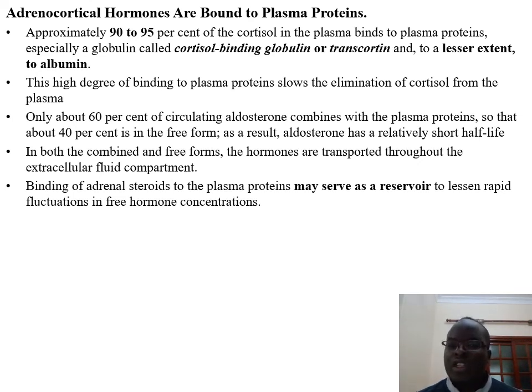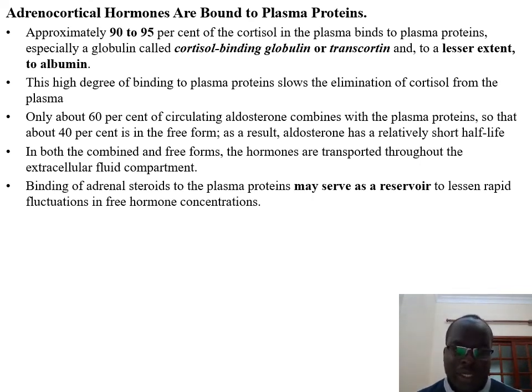We had thyroxine binding globulin that was transporting thyroxine and also triiodothyronine. So it's the same even here. These hormones are fat soluble, so for them to be transported, they need to bind to plasma proteins. So some of these plasma proteins are cortisol binding globulin or transcortin, and to some extent they can also bind